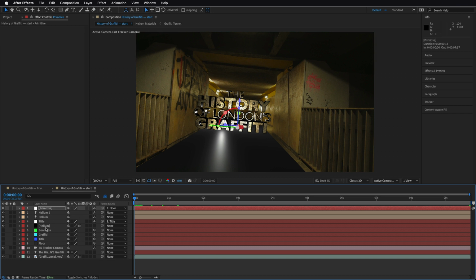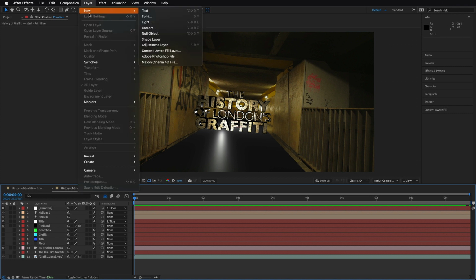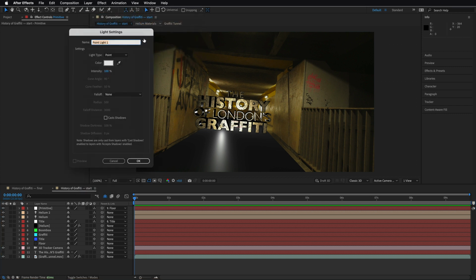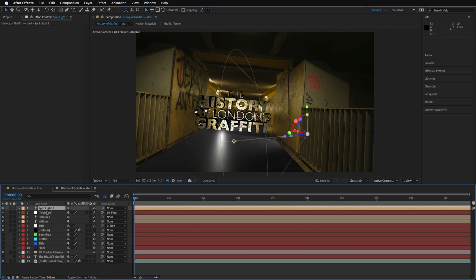For now, we need another light. This one is going to cast the shadow. So I'll make sure nothing is selected. I'll go to the layer menu over here, and under new, I'll select new light. Now for shadow castings, at this point, you can create a spot or a parallel light. I'll use the spot option because this way I can control the shadow darkness as well as the shadow diffusion if I want to. I'll click OK,